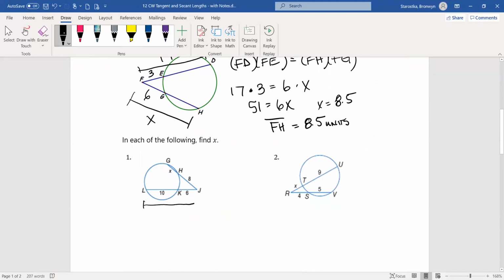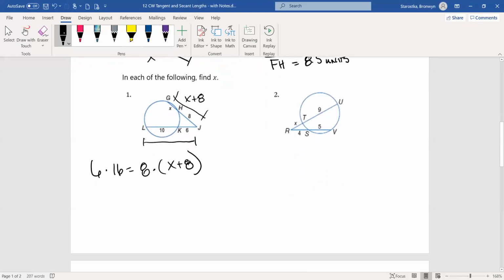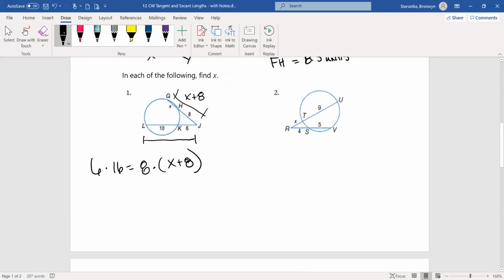Make sure you add together. 6 times 16 equals 8 times x plus 8. The one thing we might forget to do is distribute. So remember when you have to add those segments and x is involved, you might have to distribute. 6 times 16 is 96. 96 equals 8x plus 64, subtracting 64 from both sides, dividing by 8,